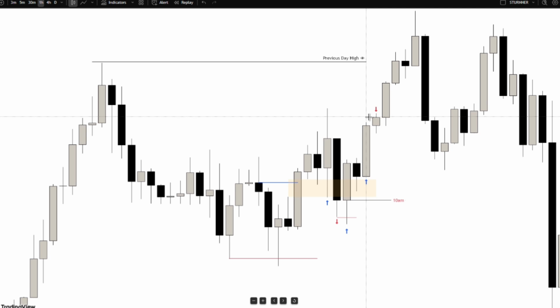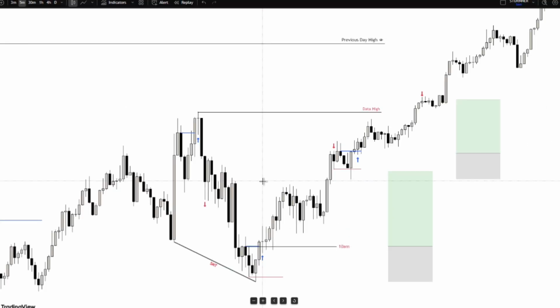Then I took a second entry inside the 11 a.m. to 12 p.m. candle, and for that one, I was aiming for the data high and also our daily buy side objective, which is still the previous day's high. Right here, let's drop down to the 5-minute chart and I'll show you how exactly I executed this trade in real time. So right here on the 5-minute chart, this is where I try to take my first position at